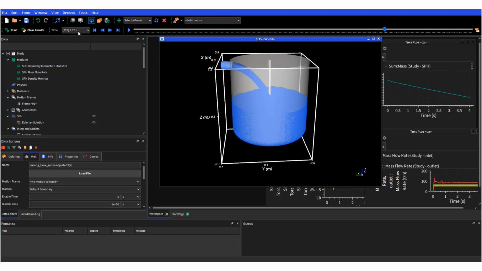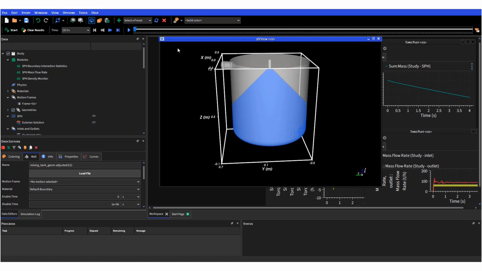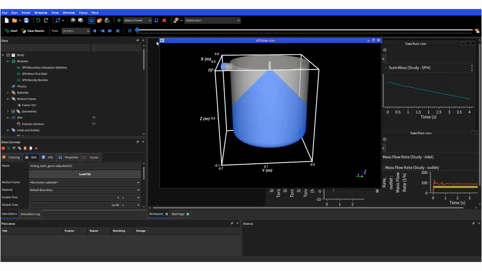This is for around 3 seconds what the results look like. If we go back early on, you can see that we start with kind of a pyramid sort of shape, and then as you evolve in time, and this is kind of slow, but basically